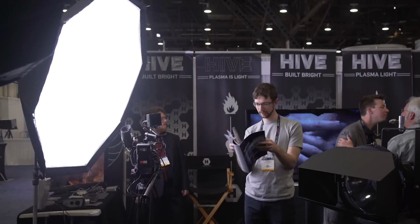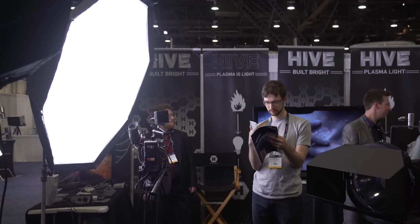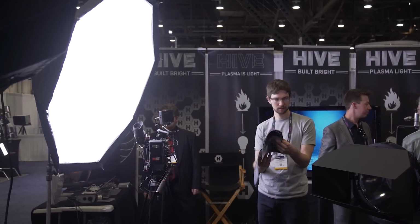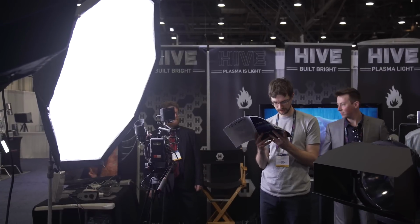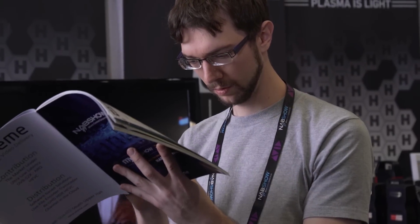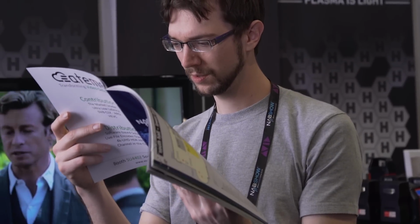Now you may be wondering why anyone would even need this kind of power to begin with. I see a few great uses for it. The first being the ability to light something properly at crazy high slow motion frame rates indoors, since the typical output of most lights, even below half the power of the Plasma 1000, will not cut it for frame rates